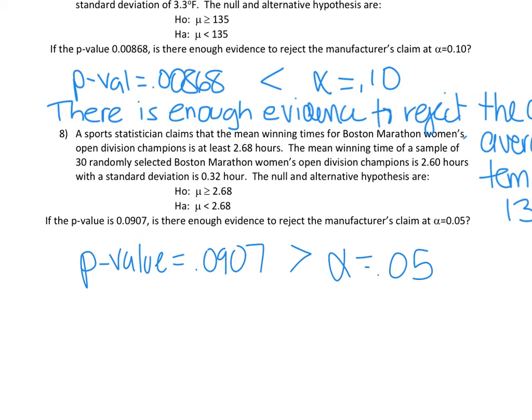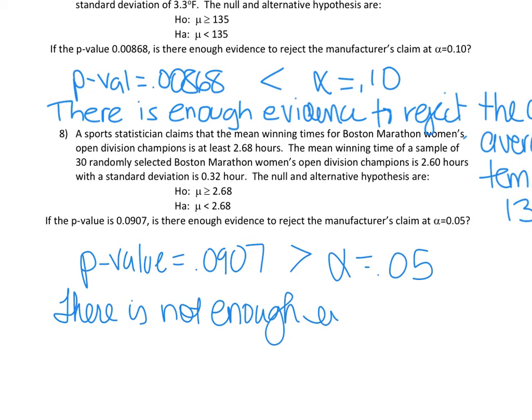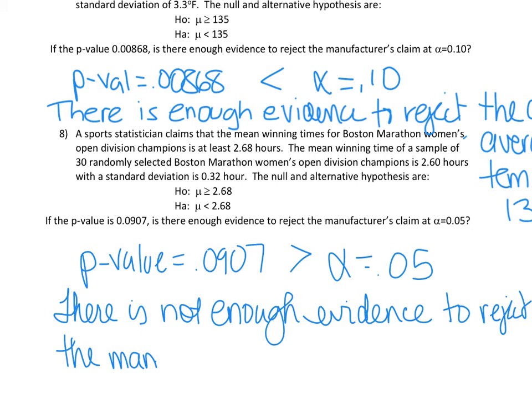So when it's greater than, there is not enough evidence to reject. And it doesn't matter, even if they were saying to support, you can't reject, you can't support, you can't do anything. There's not enough evidence to reject the manufacturer's claim